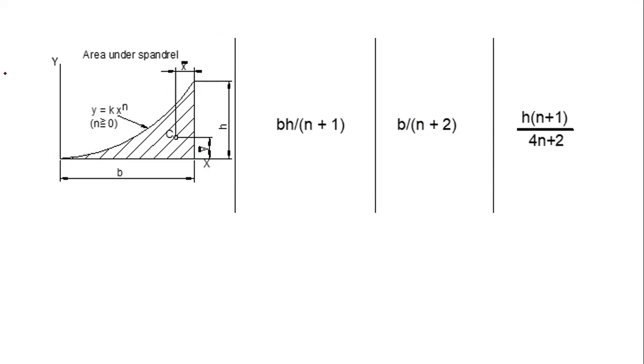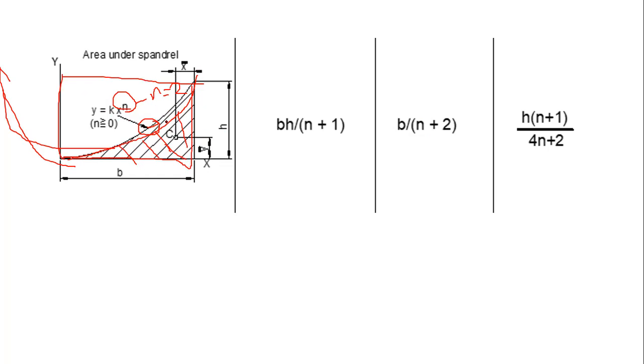When you say spandrel, if we have here a parabola, this line is for the parabola. For example, a parabola, hyperbola, meaning a curve of second degree, is parabola to the power of 2. So the remaining area, if you have a rectangle bounded by these lines and then this parabolic line, this remaining area is what we call spandrel.